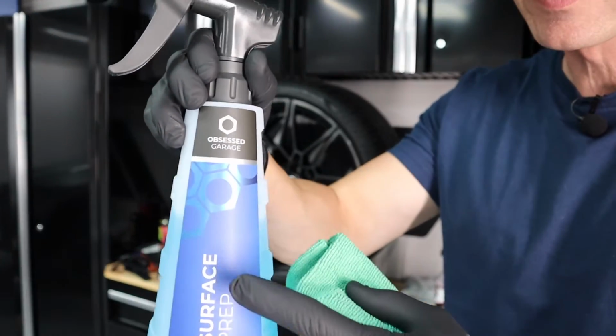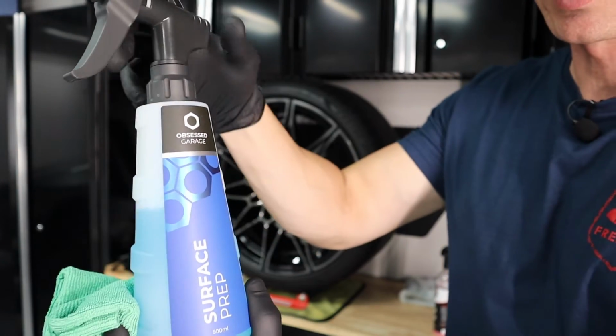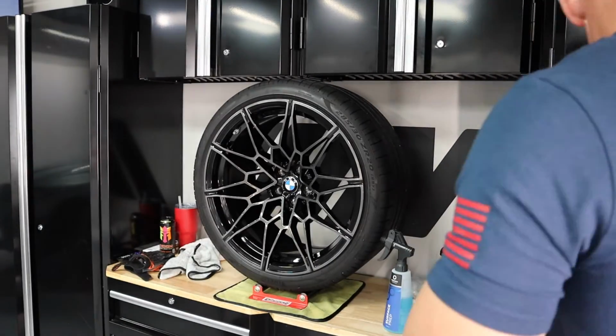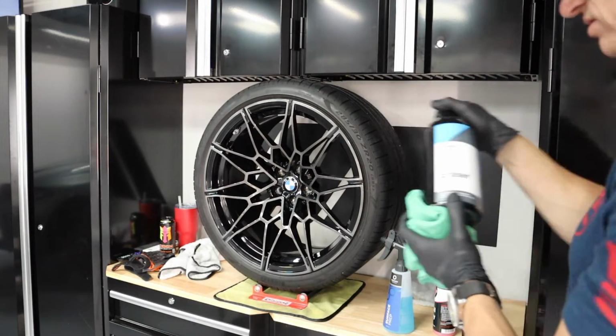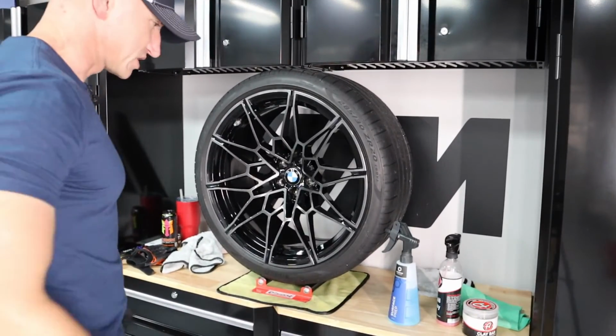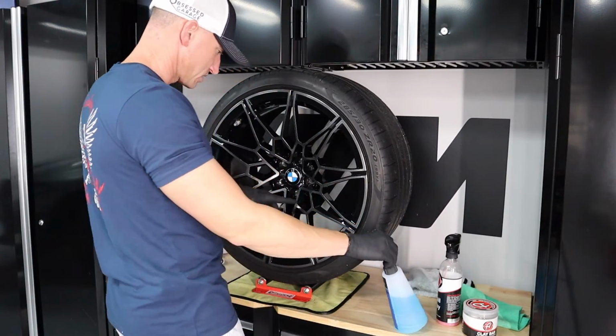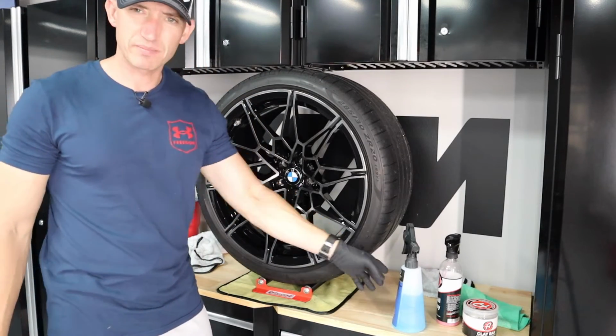Make sure I can focus for you here. It's in the Obsessed Garage press-all bottle, but all it is Car Pro Eraser. So if you see me take this out before... So had to change my camera battery. What I was about to say was, what I'm going to do is I'm going to surface prep this,